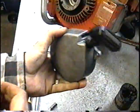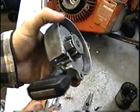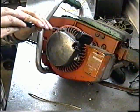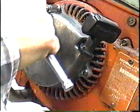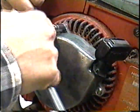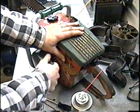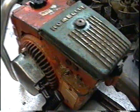So there we go. Now you can see that it's clear from the housing, which is what you want, and it's working great. So I'm just going to reassemble it now. So here we go. So there we go. So the next part's going to see if this thing's going